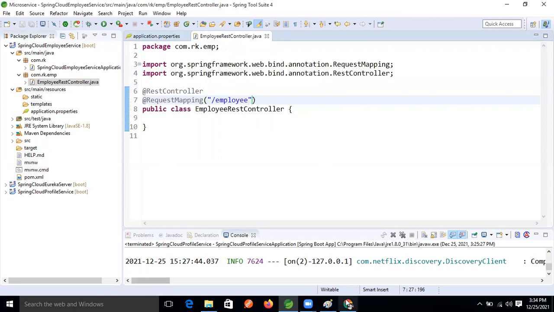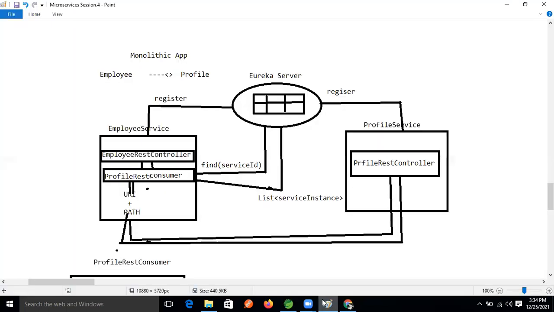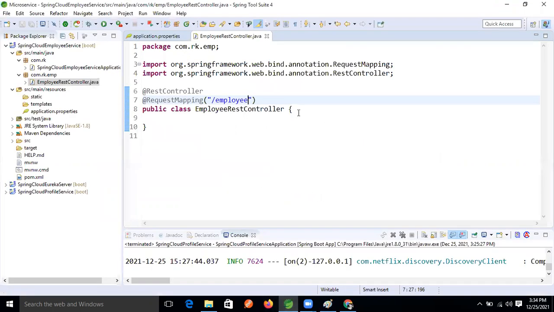So I said that, right? We need to make the has-a relation with a discovery client, right? So we need to make the has-a relation with this object, right? So in this object only we will implement the discovery client. So here what I'm going to do now, I'm taking one private